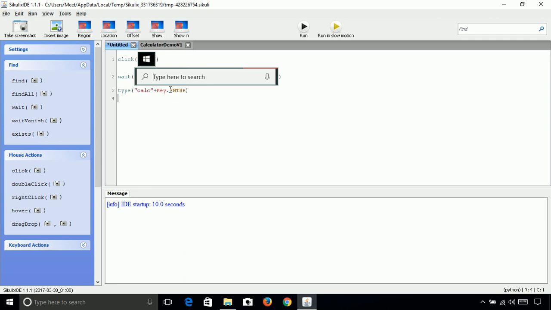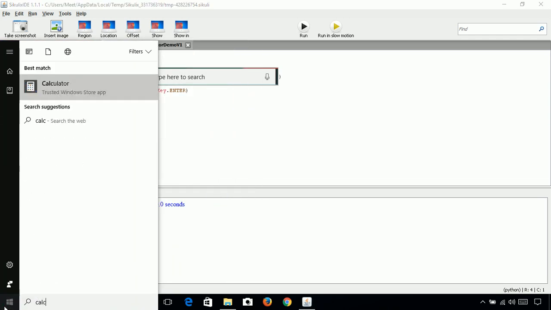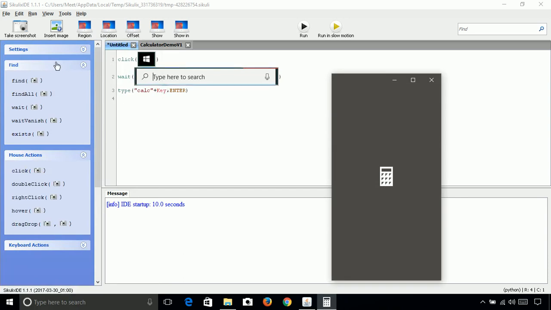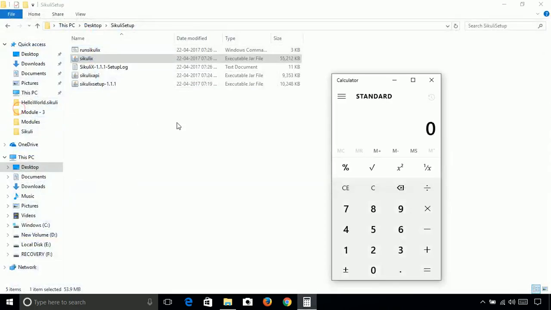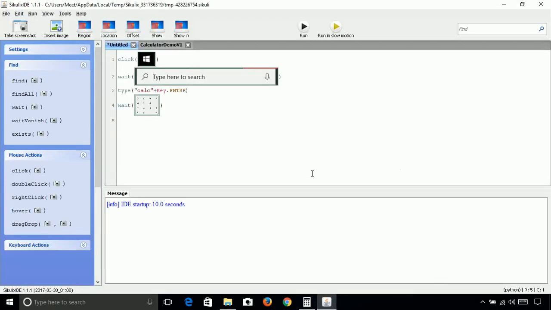Now when it opens the calculator, let's wait for the pattern. Let me use the wait function here, and then let's drag a box over this pattern. So it will wait for this pattern to appear on the screen.